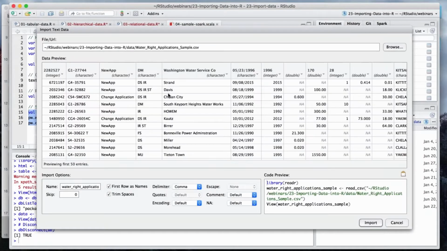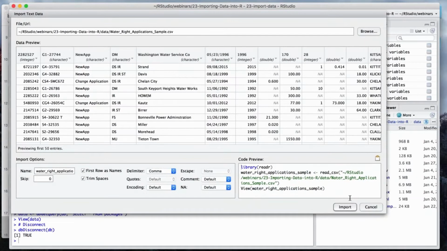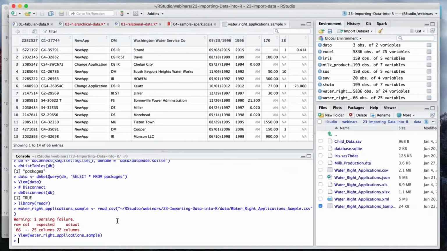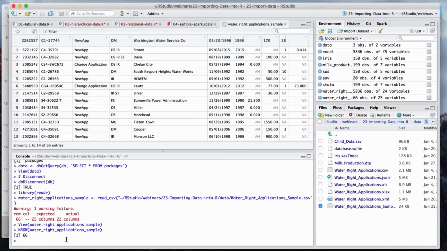We're going to open it, and as you can see, it's the data that we would expect, but sampled to something that is manageable on our specific laptop, right? So here, if I import this one, and I were to look at the number of rows from this data set,